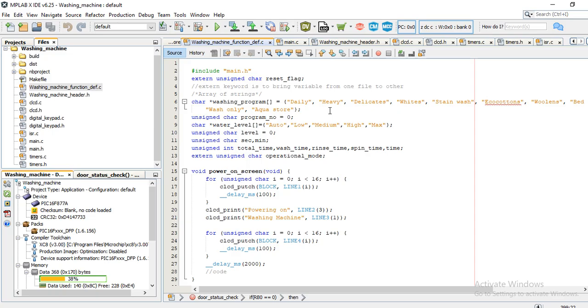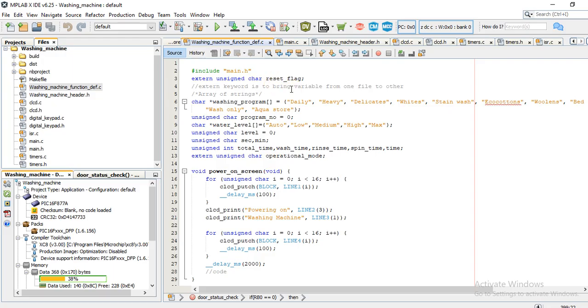Yeah. So now I'm going to explain the core logic file of this project, that I mentioned in this washing machine function definition.c. This file contains all the main functionalities of the washing machine simulation, such as program display, water level selection, time management, and run cycle logic. You'll be able to see the headers and global variables here, that is include main.h and extern